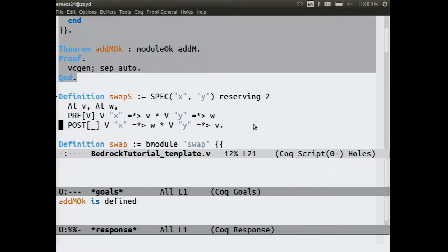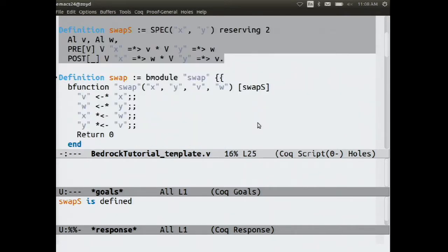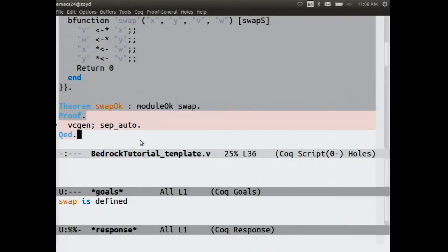How do we implement this? I'm going to use two temporary variables v and w, which get added to the, it looks like they're extra arguments of the function, but this is just the way you write extra local variables here. And we just read into two temporaries and then write them back in the other order. And we get that result. How do we know we get that result? Well, let's prove it. And drum roll, suspense. Yes, we did it.